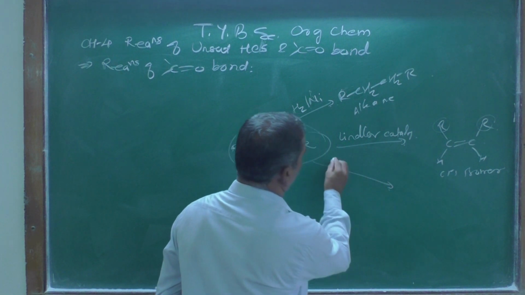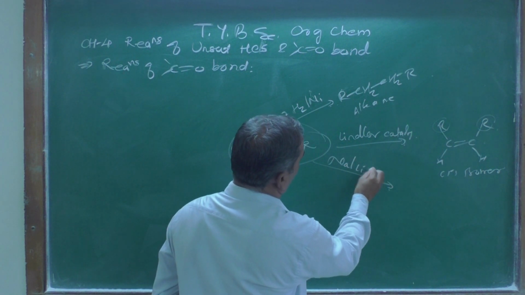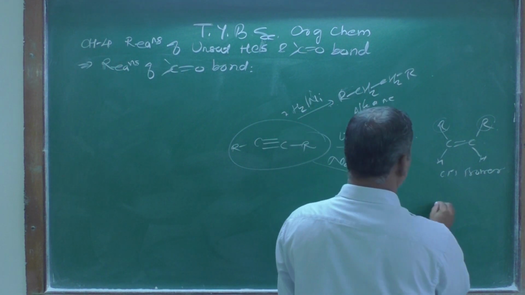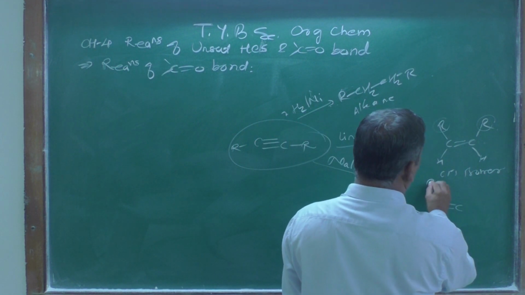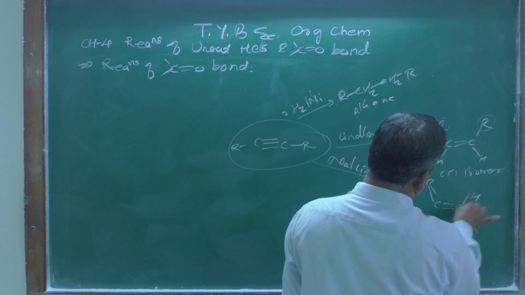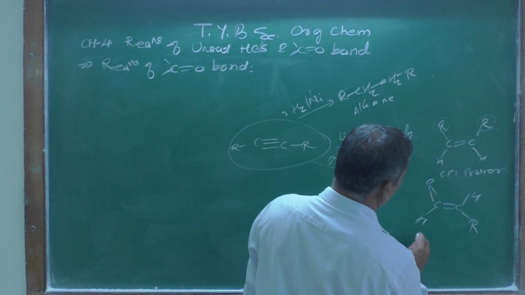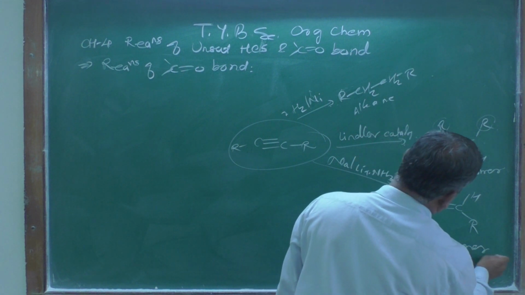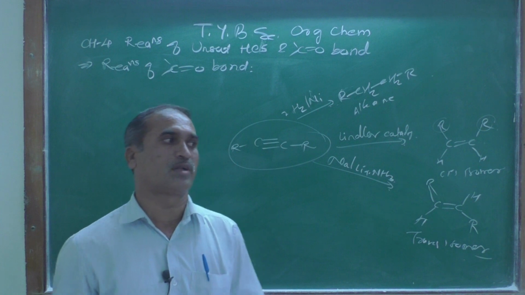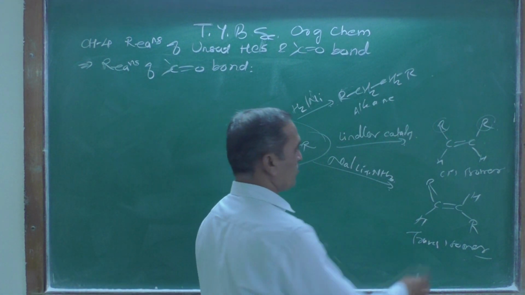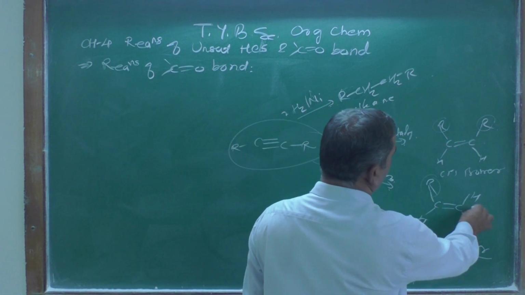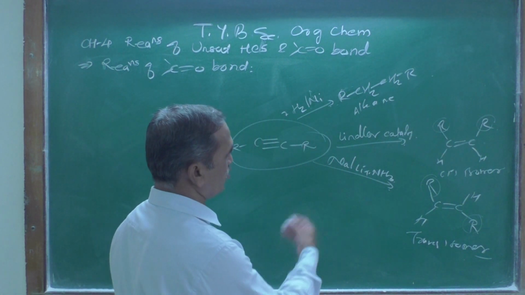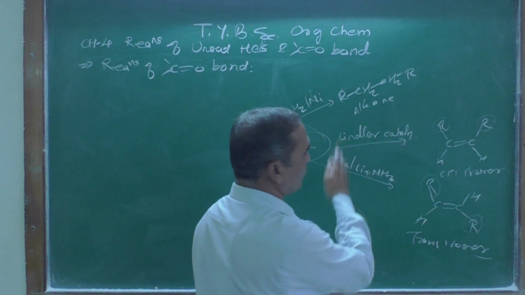If you use sodium in the presence of liquid ammonia, NH3, what does it give? It produces the trans isomer. Here R, H and H. This is a trans isomer. And as we know, trans isomer means the similar groups are on the opposite sides of the carbon-carbon double bond. This is a very, very important reaction